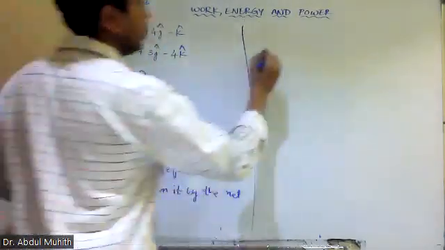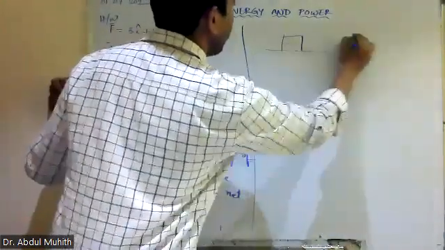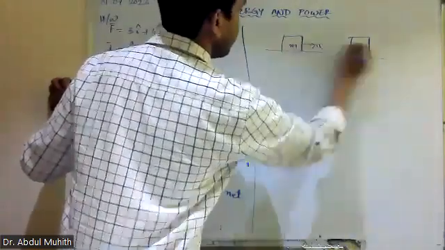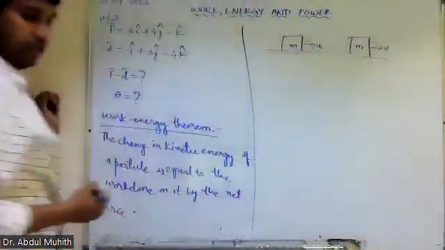So now see here, there is a body whose mass is m and whose initial velocity is u, final velocity is v. Initial velocity